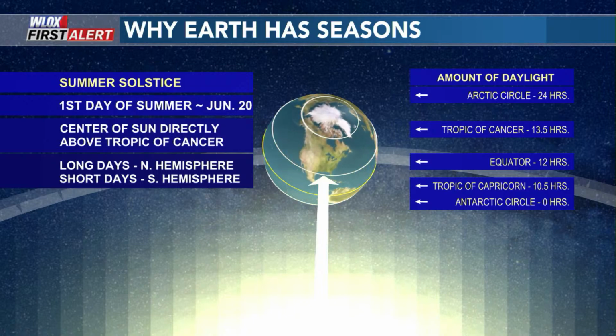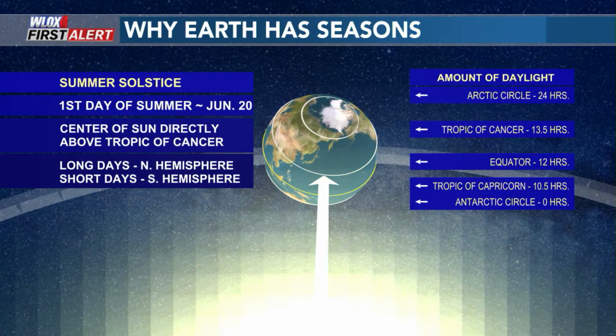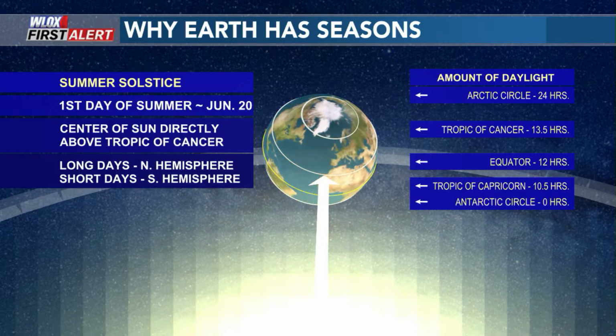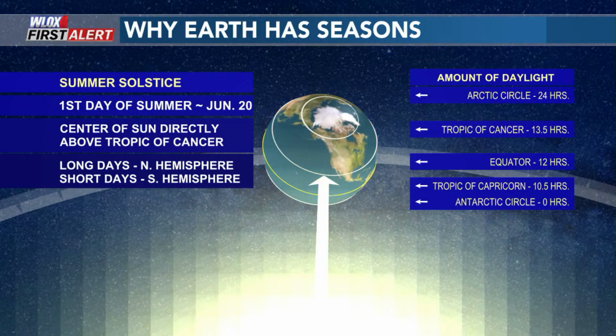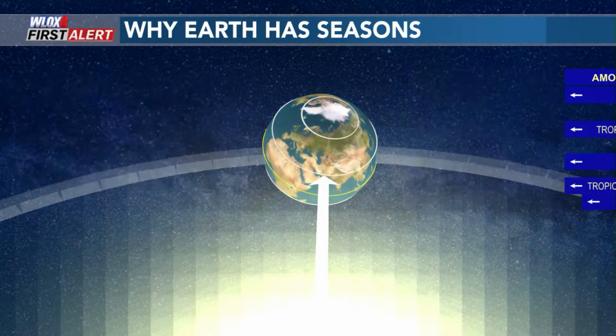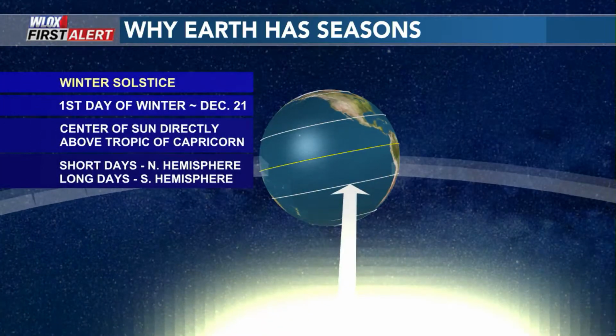Where we are in the northern hemisphere, the Tropic of Cancer runs through. That's just the line of latitude that is around the northern hemisphere. And we get about 13.5 hours of daylight in summer, but in the Tropic of Capricorn, the line of latitude that rolls across the southern hemisphere, yeah, they don't even get 12 hours. And then we can skip over fall because it's just the same thing as spring.